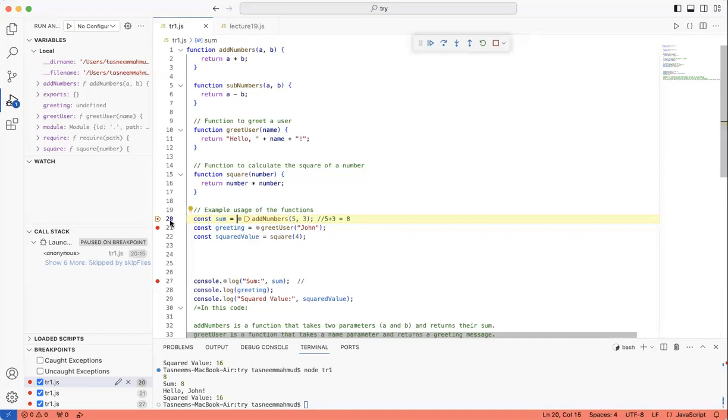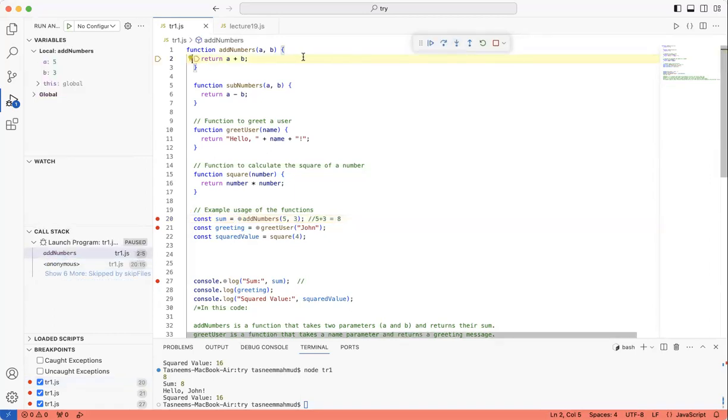Now I'm in line 20. How do I step into that function? For that, I use the step into button. Does that make sense? Okay, so let's do that. I stepped into the function. Now it shows me what's actually going on inside. We passed 5 and 3, these values, to the function. Now the corresponding variables are A and B. So for A, what should the value be? 5.